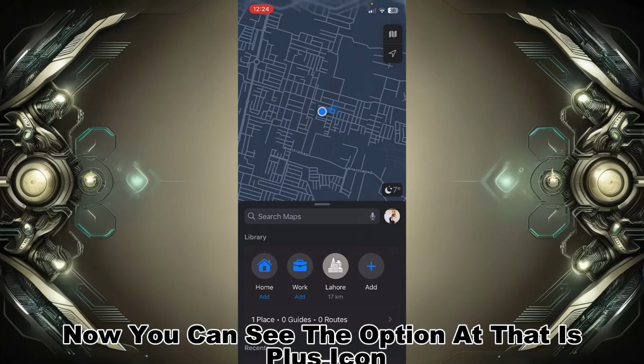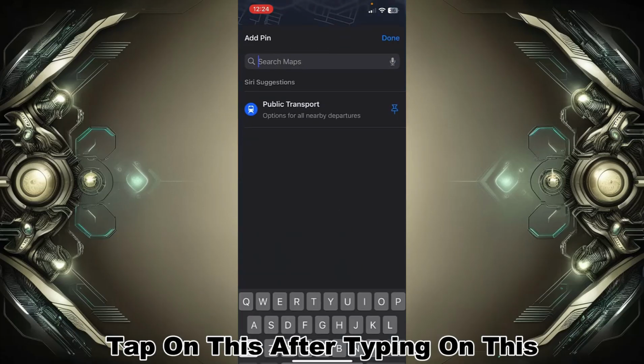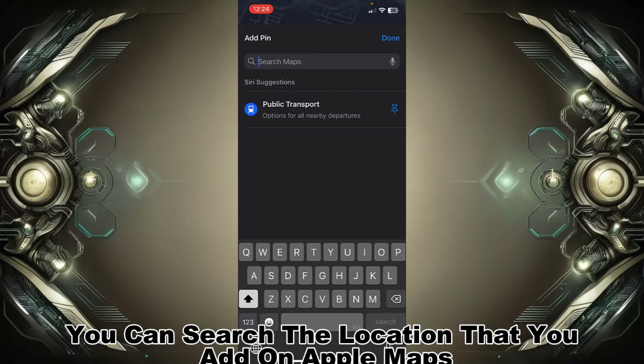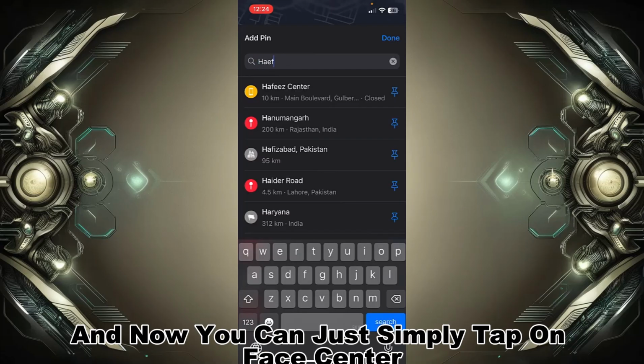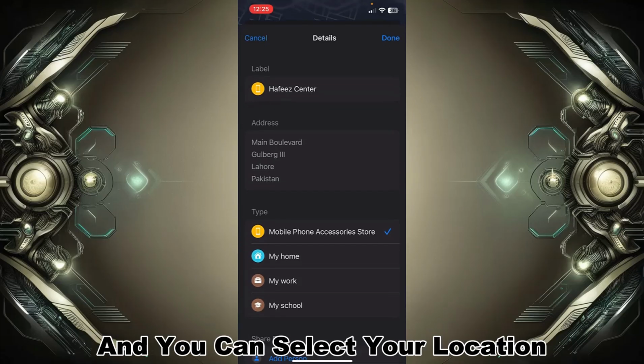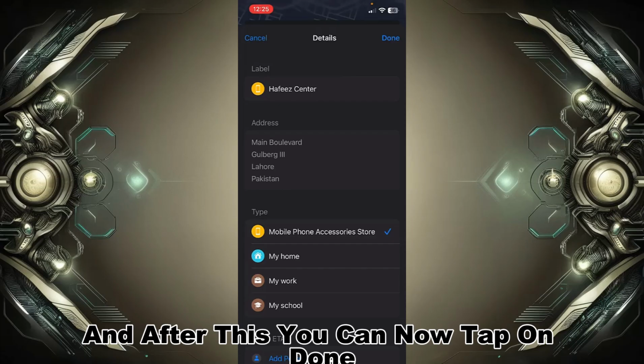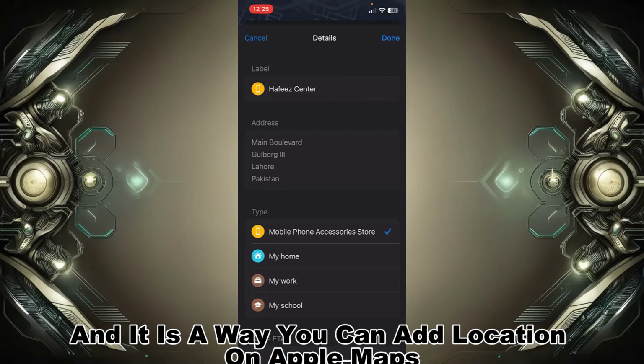Now you can see the option to add, that is the plus icon. Tap on this. After tapping on this, you can search for the location that you want to add on Apple Maps. I can search Hafiz Center, and now you can simply tap on Hafiz Center and select your location, and after this you can tap on done, and